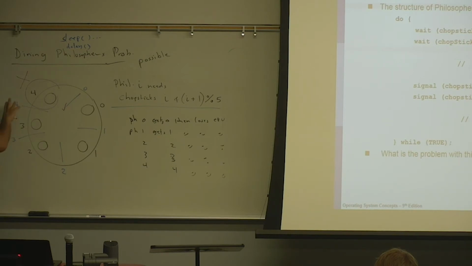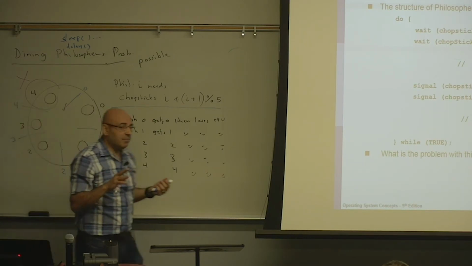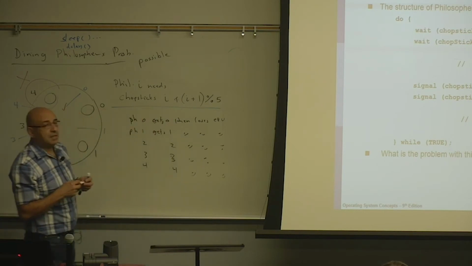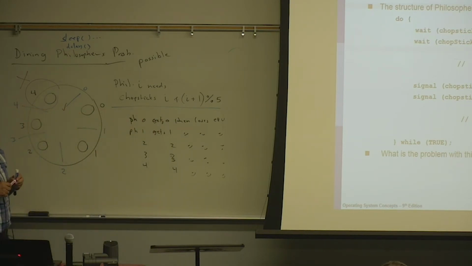So now this scenario will not happen, because 0 will get this, 1 will get this, 2 will get this, 3 will get this, but there is no number 4, so this will not get reserved. And number 3, when it gets 3, it will eventually get number 4. There will be no deadlock. So with 4 philosophers and 5 chopsticks, a deadlock will not happen.